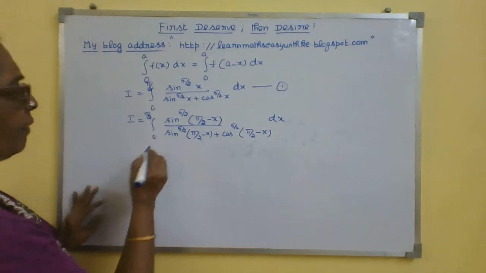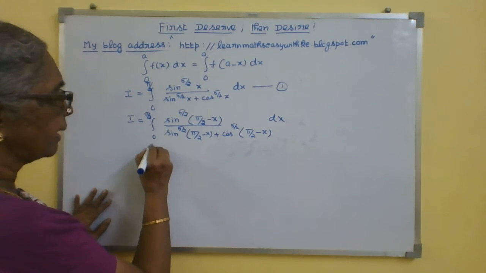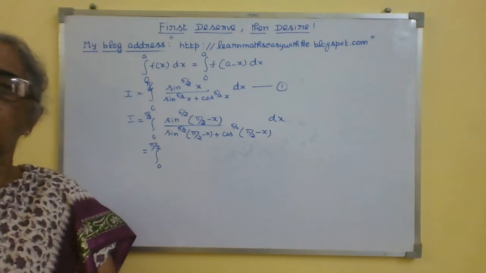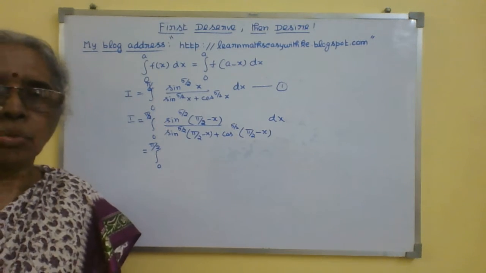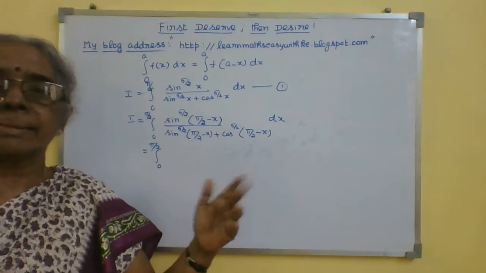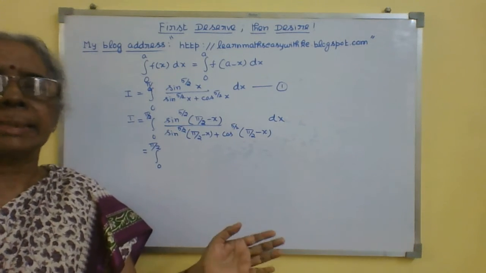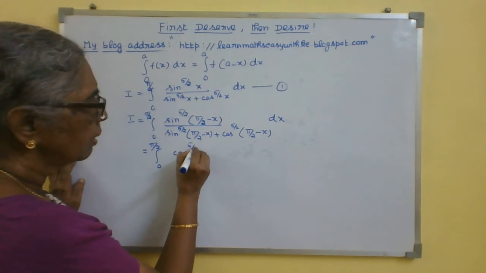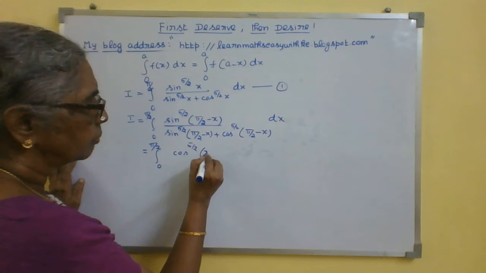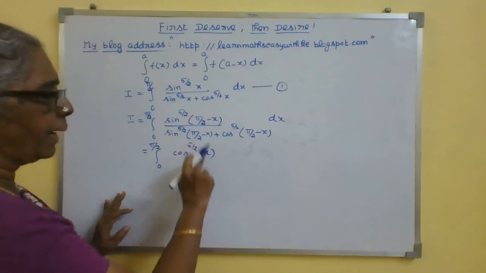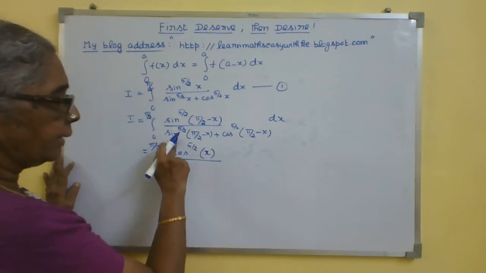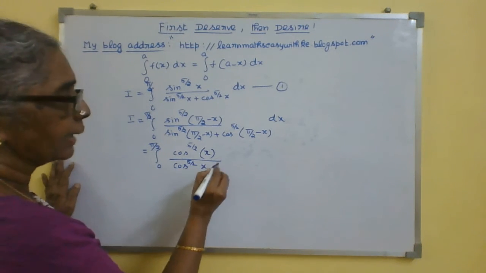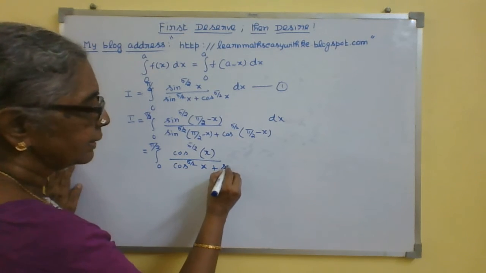Now let me simplify it a bit. I will be getting integral 0 to pi by 2. Sine pi by 2 minus x is cos x, you know, right? That is one basic thing, that is the complementary angle. Sine 90 minus theta is cos theta, cos 90 minus theta is sin theta. So now my numerator will become cos power 5 by 2 x, because sine pi by 2 minus x is cos x. Then the denominator will also become cos 5 by 2 x plus, this cos will become sine, right?